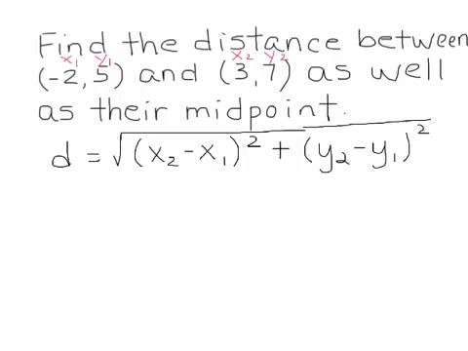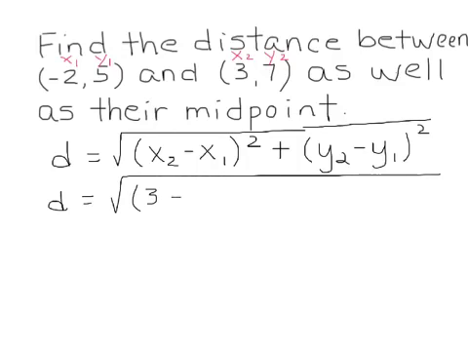Now we're ready to put our numbers into the distance formula. So the distance equals, again, a big square root, the second x, which is 3, minus the first x, which is -2. And because it's negative, I'm wrapping it in its own parenthesis, and then quantity squared, plus the second y, 7, minus the first y, 5,